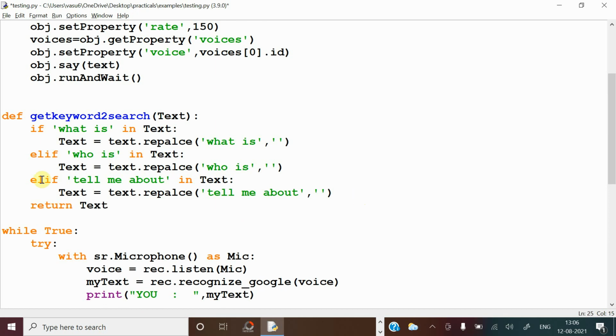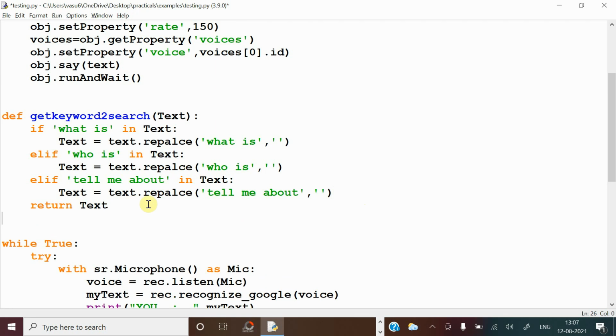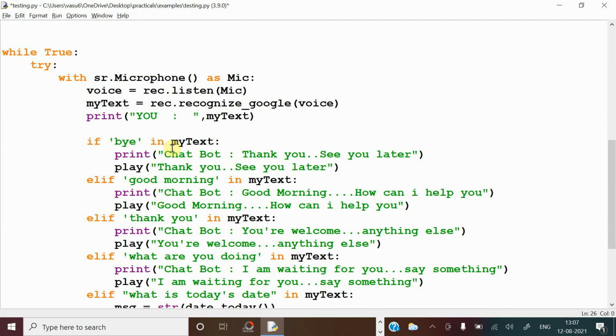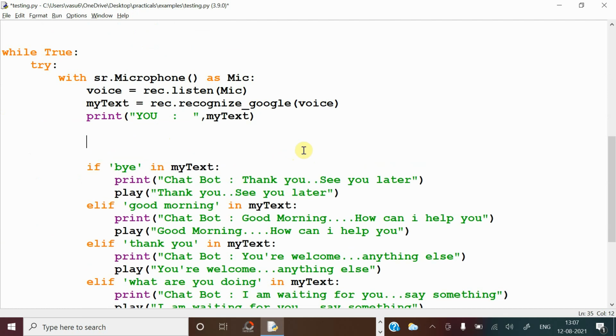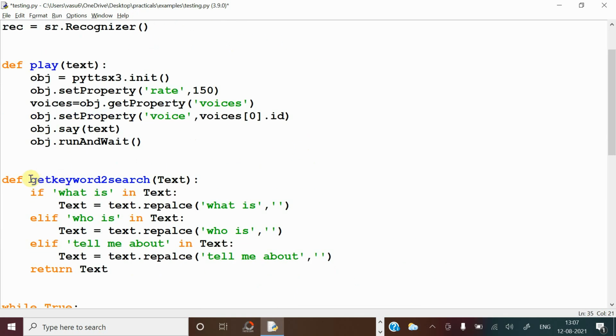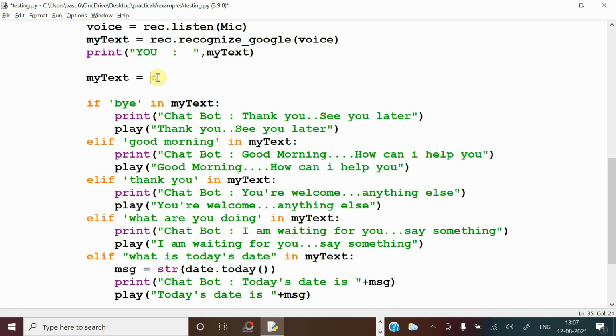it back. So the purpose of this function is to get the keywords from the question. Now here, after taking the input from the user and displaying it on the screen, you have to get back the keyword. So how do you get it? My text equal to, what is the function name? This is the function name. You have to keep it. Here, what is the input parameter? My text. Same thing, keep it, so you don't get any confusion. So from the given input, that particular keyword will be extracted.